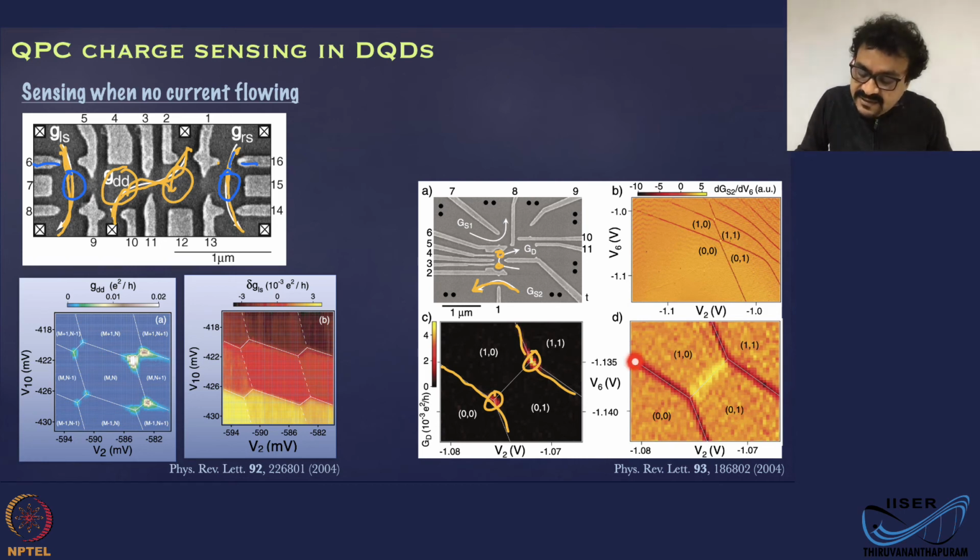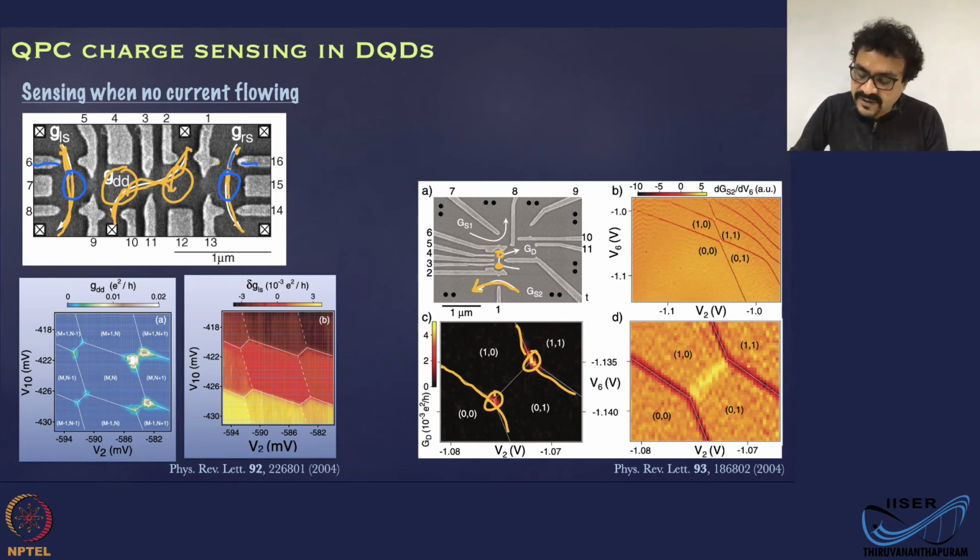But you can see the charge sensing technique gives you a lot more information, like how curvy these lines are. All those have meanings. Okay, and what are the real gate voltage values where this charge interdot tunneling happens? Because the current happens only at this point, but the charge configuration changes in all these points.